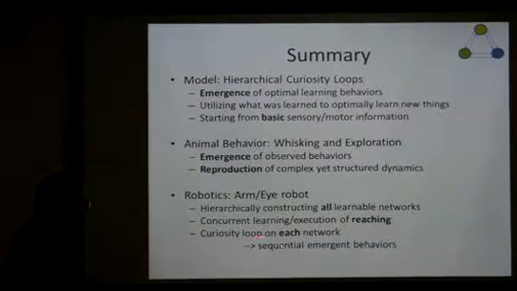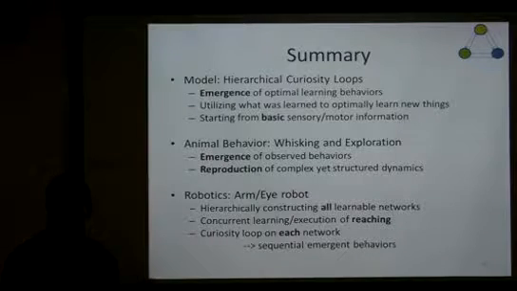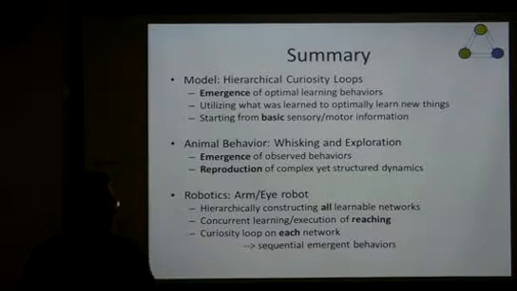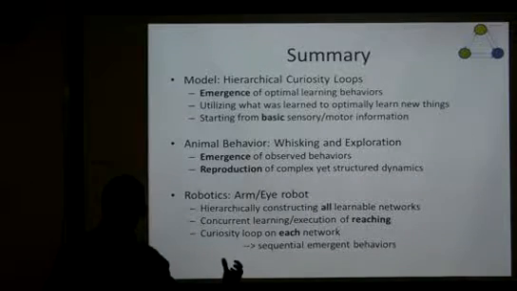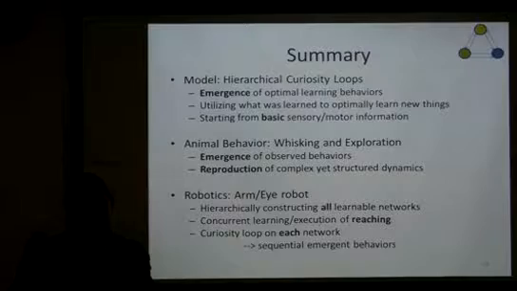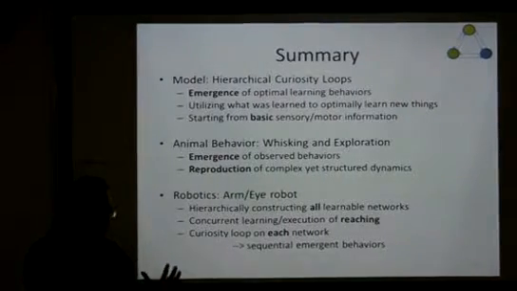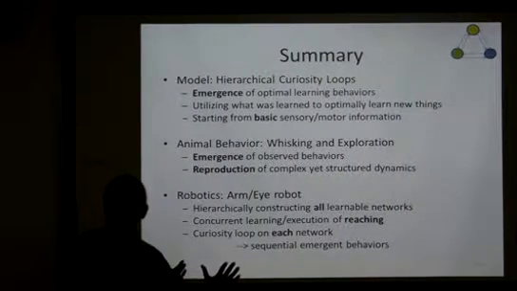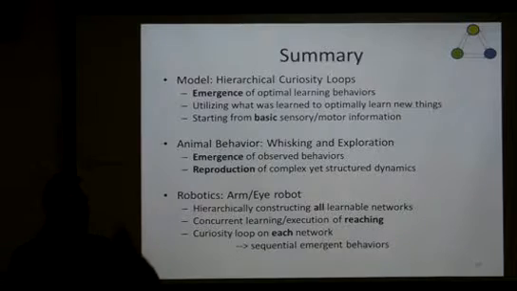I also implemented this curiosity loop on each one of the networks. And then, if you take it back to the infants, it predicts that there is a sequence of emergent behaviors. One thing should come before the next because you need what was learned here for the other thing. So it predicts that first this behavior should emerge, and then this behavior, and then this behavior. So it has a really strong prediction on the emergence of behaviors in infants, which is very nice.